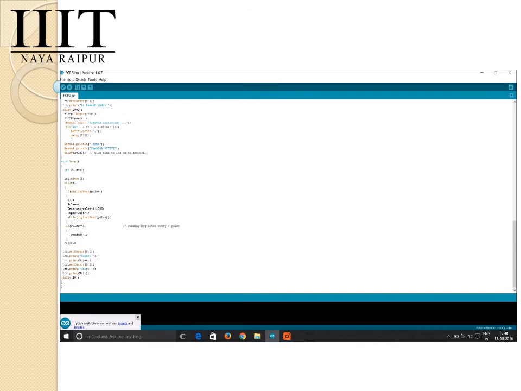Now, when the pulse count is equal to 3, that is, the pulse LED has blinked 3 times, an SMS would be sent. Then we are displaying the rupees consumed and the units consumed on the LCD display using lcd.print for rupees and lcd.print for units.